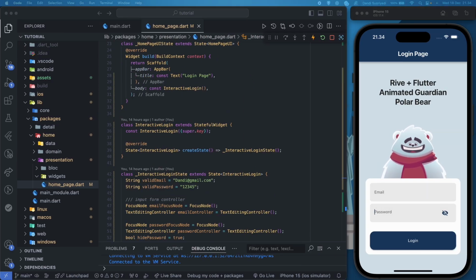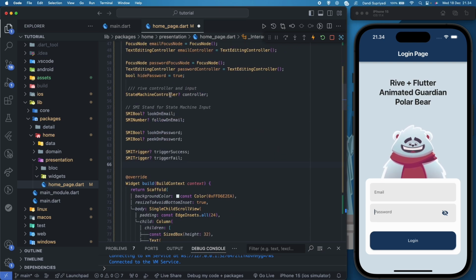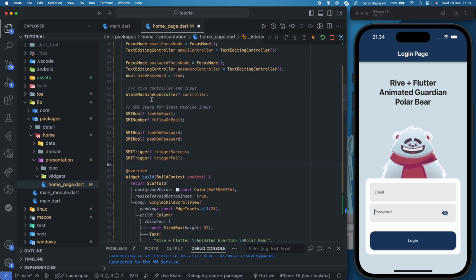First, what we are going to need is these several parameters. The first one is the state machine controller, and we need the state machine input, or SMI.